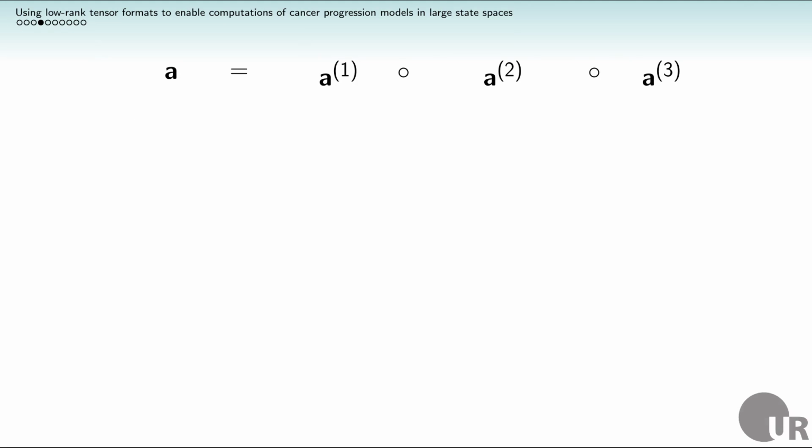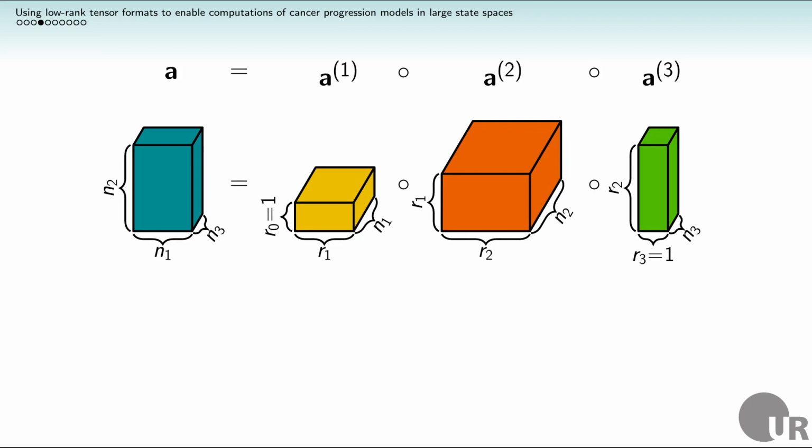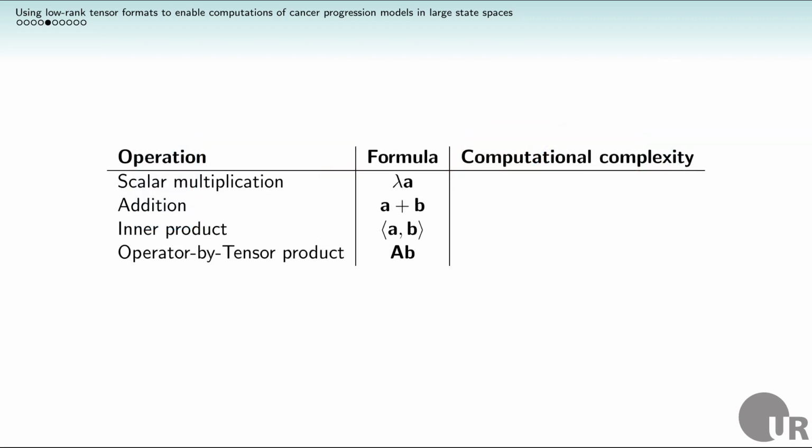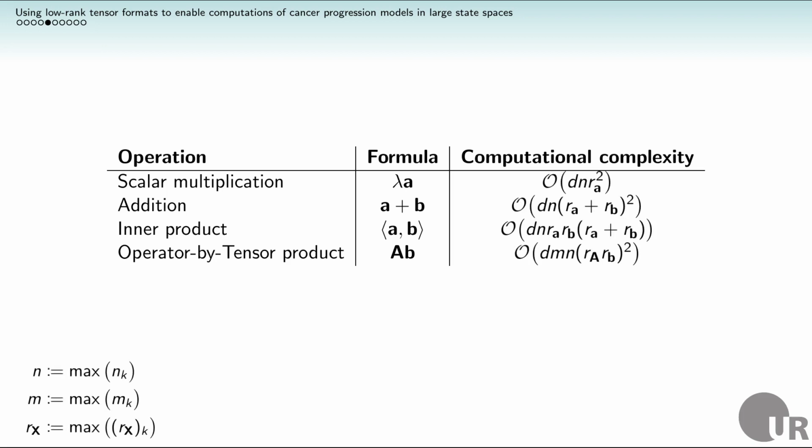In the tensor train format, a d-dimensional tensor can be approximated as a product of d three-dimensional tensors. The accuracy of this approximation is controlled by the representation's tensor train ranks. This reduces storage cost and still allows us to perform many important operations like addition or multiplication directly in the format. Because of this, the computational complexity of these operations is reduced from exponential to polynomial in the dimension of the original tensor. Most importantly, methods are available to solve linear equations in this format as well, while only scaling linear in the number of dimensions.